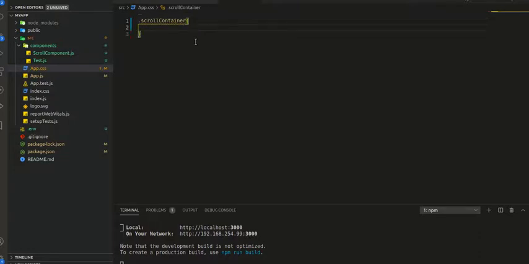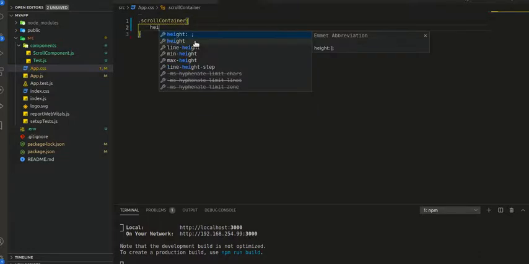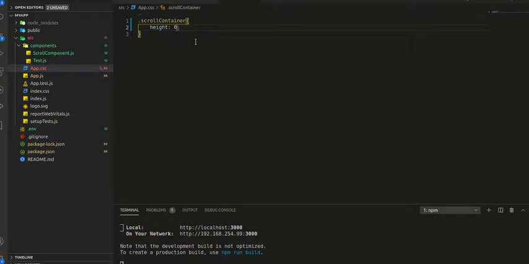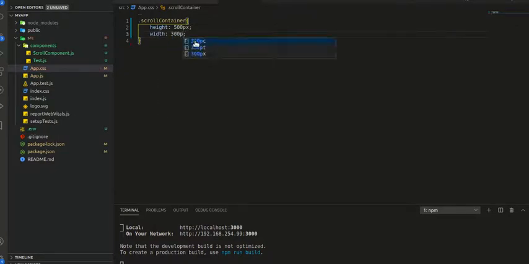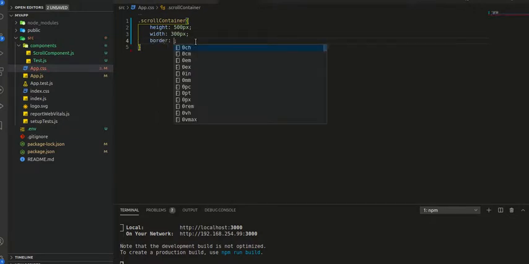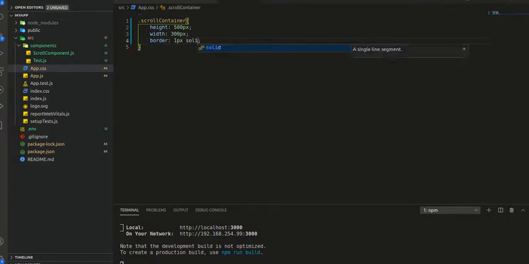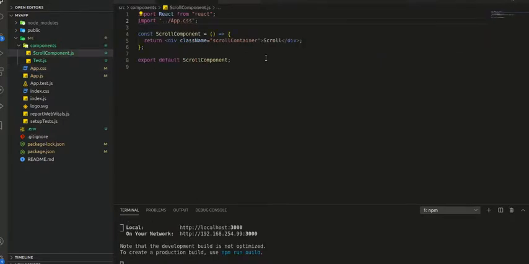So for scroll container, the height will be 500 pixel, width will be 300 pixel. Then we should give a solid black border so that we can see it. And let's just first see how it looks.